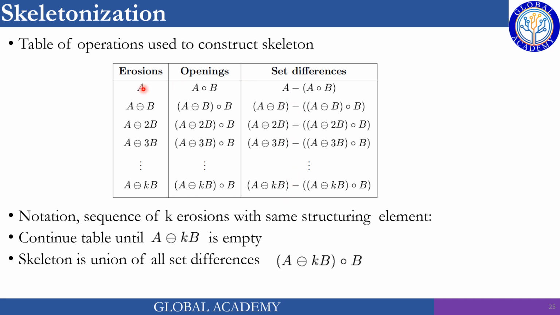So you have the original image where you would like to perform skeletonization. You have to perform opening with some structuring element B, and then take the difference. And similarly then erode A with B and then apply opening, and then take the difference of this and this. A eroded with B, open with B, their difference. Then for overall skeletonization, you have to keep on performing this operation until you get an empty difference. And then take the union of all the differences, like this column.